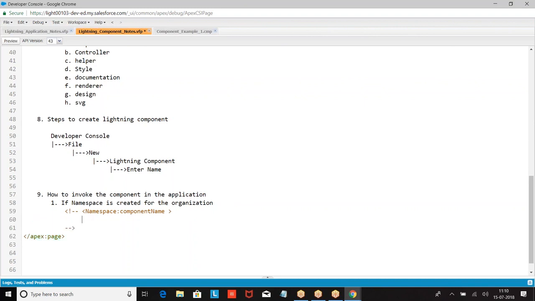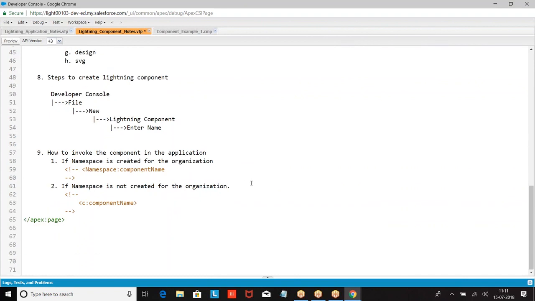If the namespace is not created for the organization, then C colon. C is the default custom namespace.